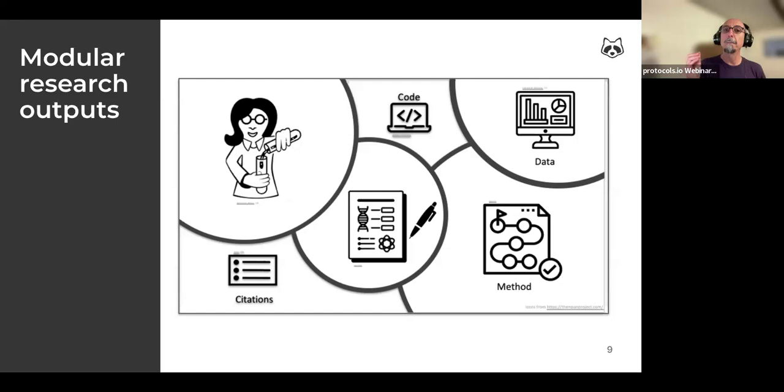Methods are another module of research output. And in fact, methods are really the linchpin to reuse. And the ongoing value of all the other items here hinges on having the methods. Because I venture to claim that it is really difficult, if not impossible, to understand the meaning of the data and any interpretation of the data if we do not understand the details of how these results were acquired.